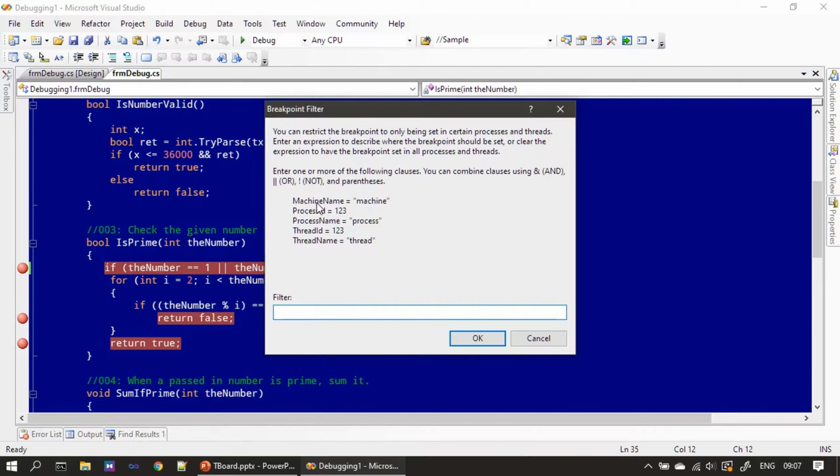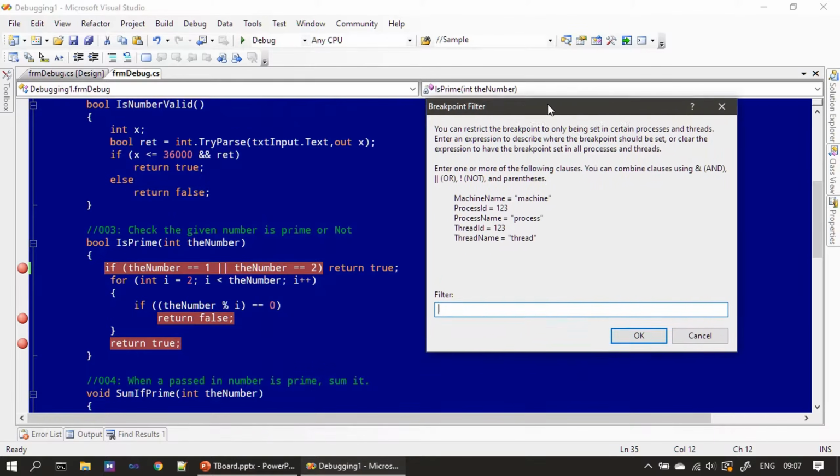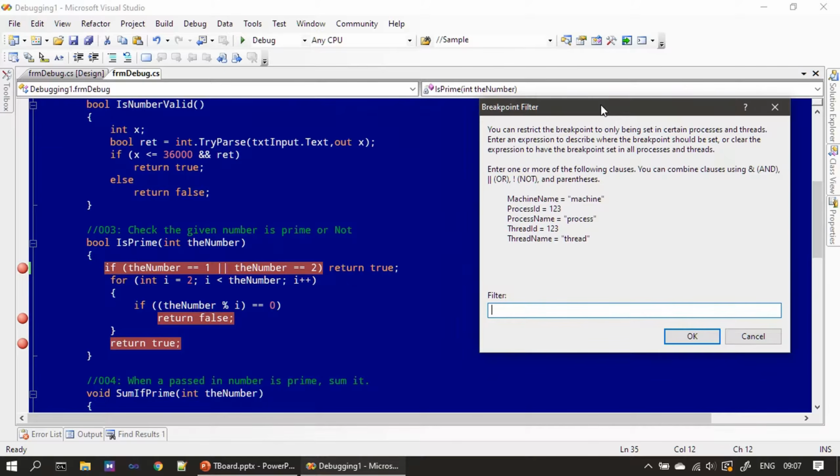Also, there is a filter based breakpoint. Say for example, you can make use of process ID or thread ID to make a hit to this breakpoint. So far in this advanced tutorial, we haven't covered threads. So the conditional breakpoint will be very useful when you want to break the execution when a specific thread is using this function. That means, let's say this is a threaded function, and when a specific thread is accessing it,